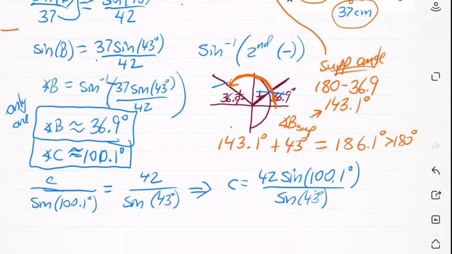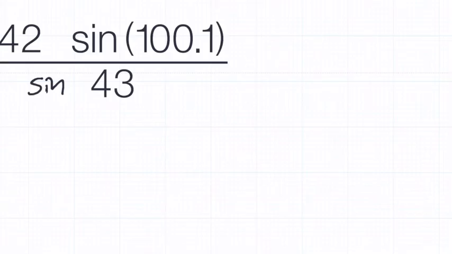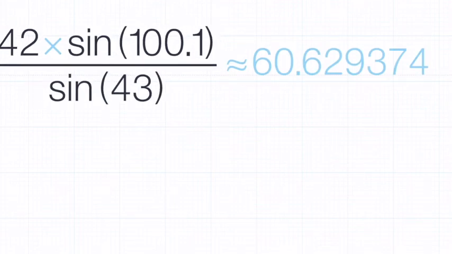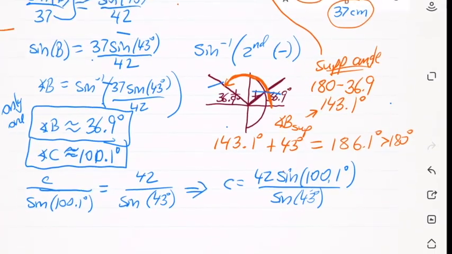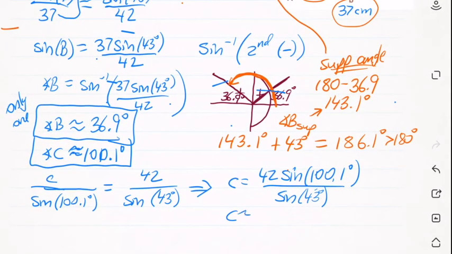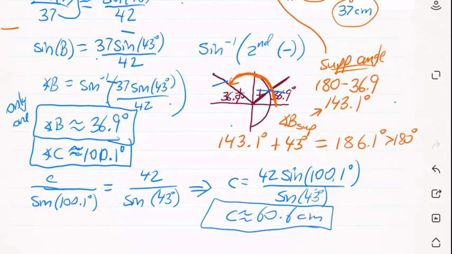42, 43. So about 60.6. So C is approximately 60.6 centimeters. Now, another thing to check out is, and it'll help later on, the biggest side has to be